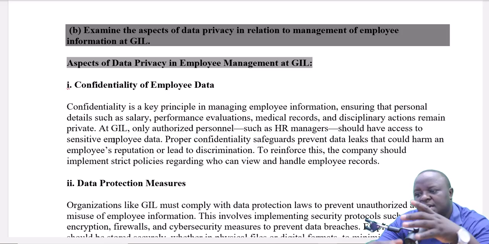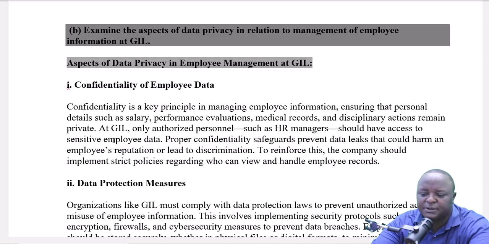So we have the aspect of confidentiality of employee data, and you find that mostly when agreements are done and contracts are signed, in most contracts there is a clause on confidentiality. Like a proper example,